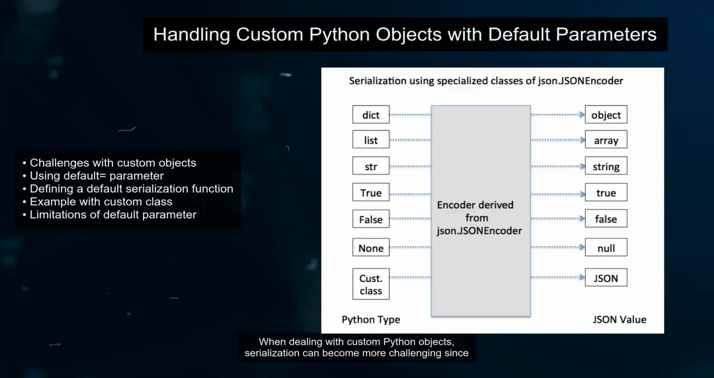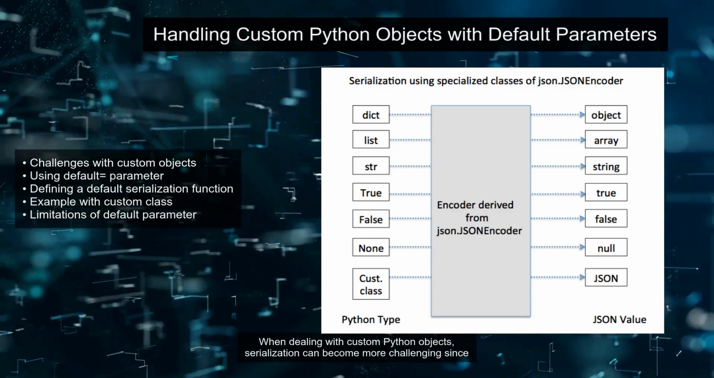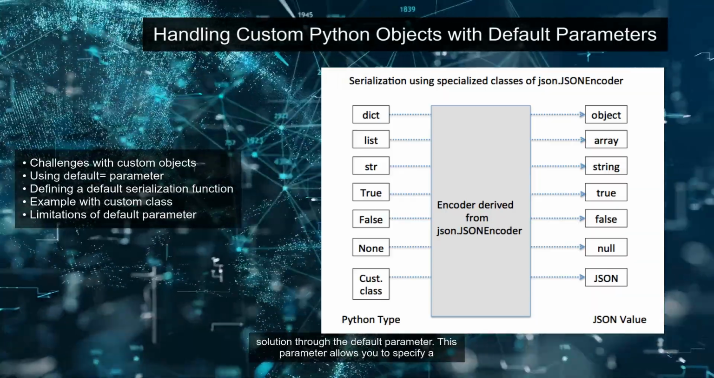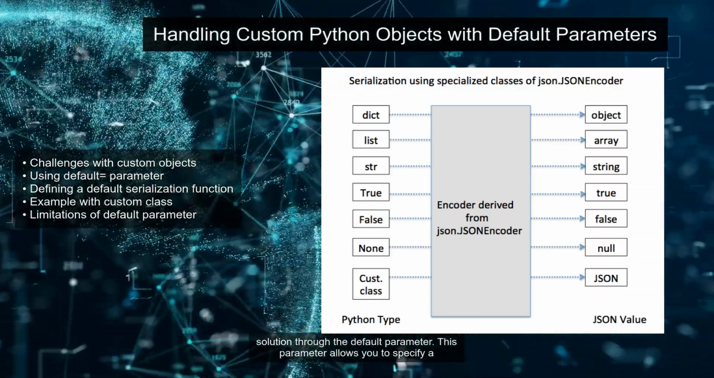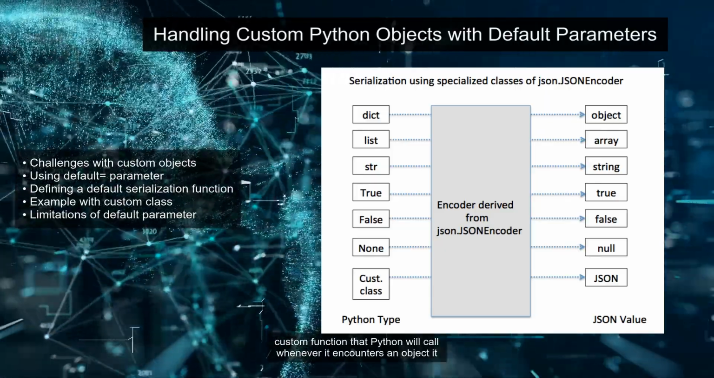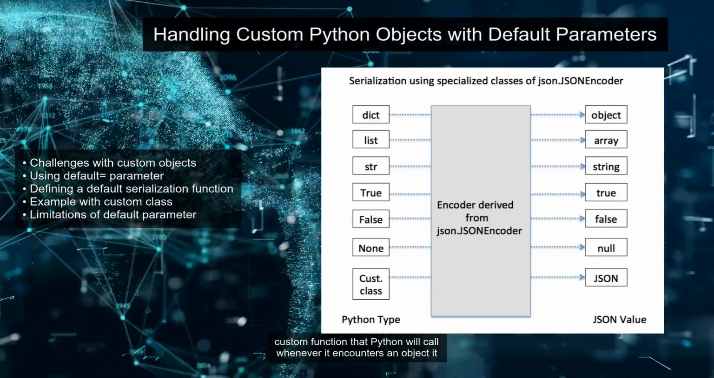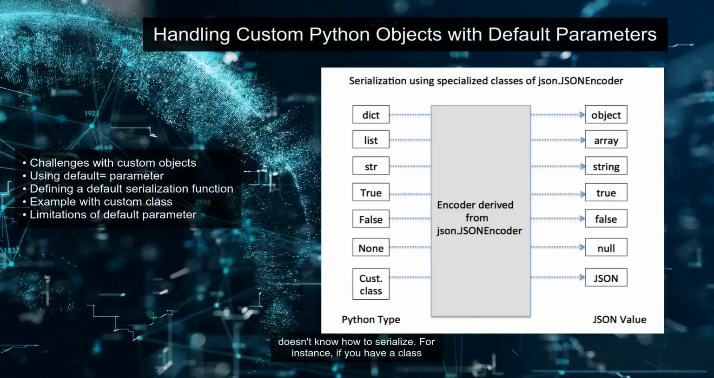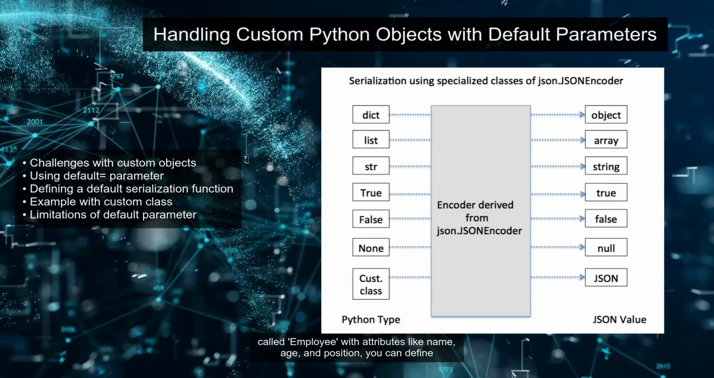When dealing with custom Python objects, serialization can become more challenging since JSON doesn't natively support Python classes. However, the json.dumps function offers a solution through the default parameter. This parameter allows you to specify a custom function that Python will call whenever it encounters an object it doesn't know how to serialize. For instance, if you have a class called Employee with attributes like name, age, and position,